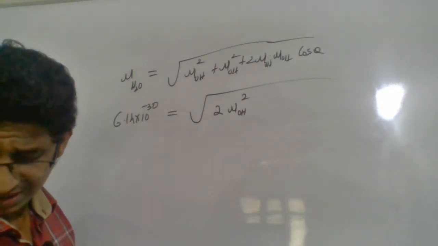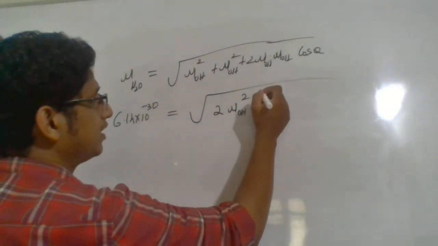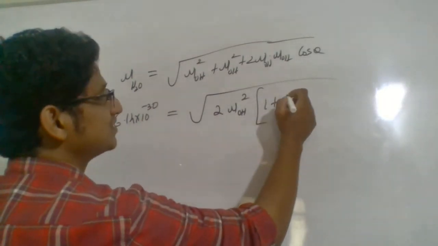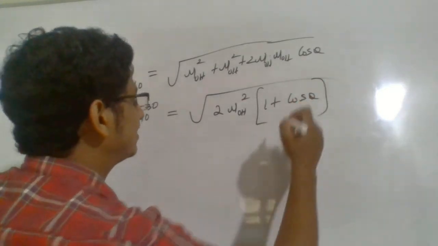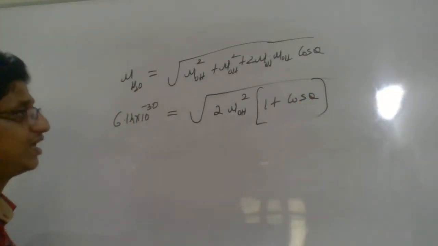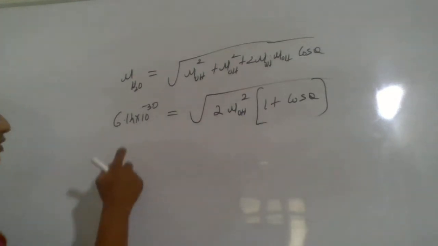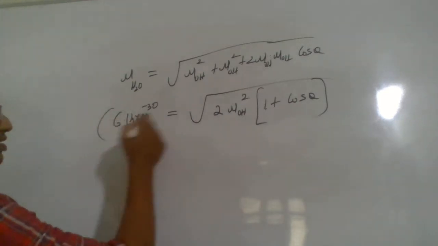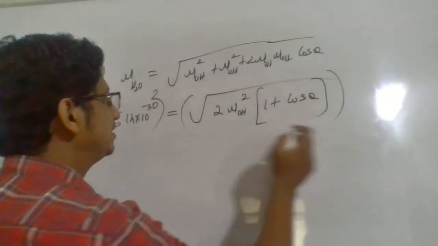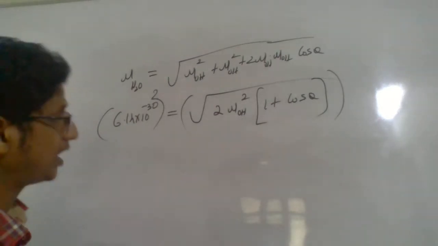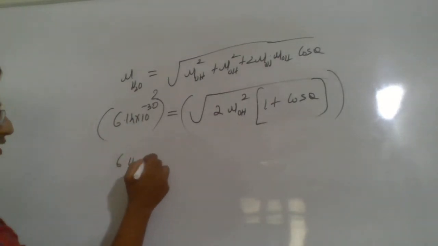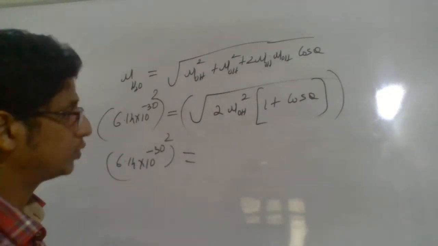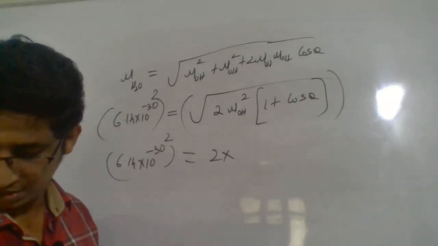If you take that outside, you will get 2 mu OH squared into 1 plus cos theta, which will give you the resultant dipole moment. Now you can square it so that the root will be gone. So we have 6.14 into 10 raised to minus 30, whole squared, which is equal to 2 into mu OH squared,